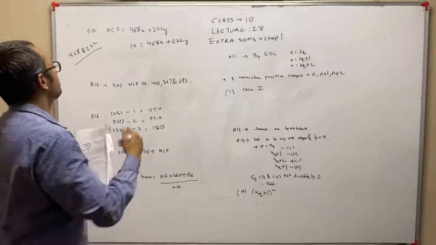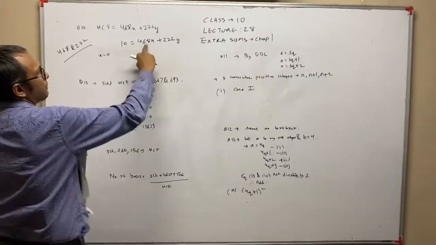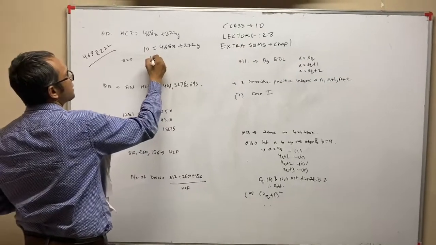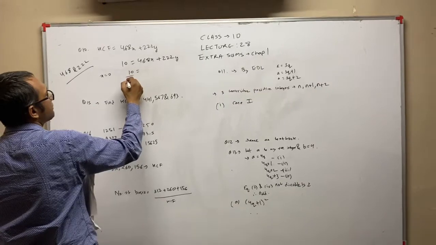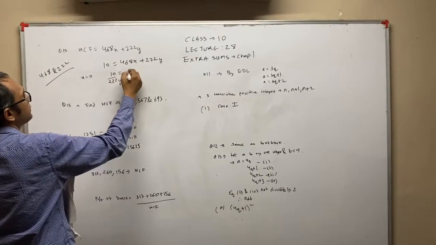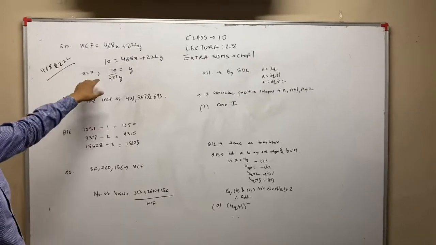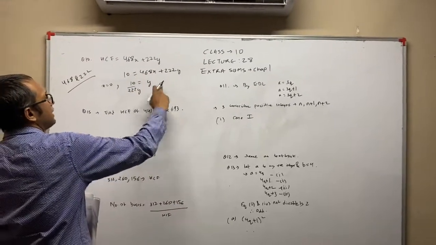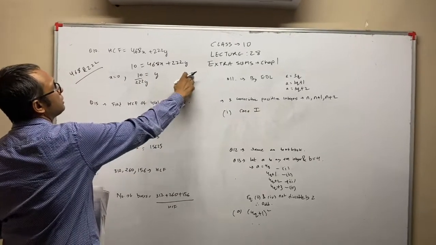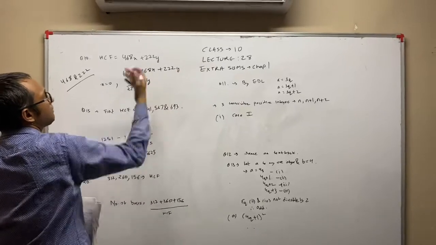So, what we have to do is very simple. Say, put x equal to 0. If I put x equal to 0 in this equation, then the first term will be 0 and you will get y is equal to this. Now our sum is finished. If in this equation you put x equal to 0 and y equal to 10 upon 222, 222 will get cut, 10 will remain here, and here anything multiplied by 0 is 0, so 10